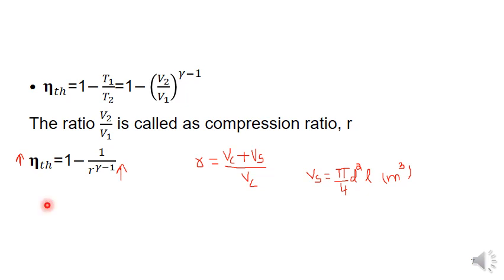So, for the Otto cycle with different values of the compression ratio at gamma 1.4, if you take R value as 3 and gamma as 1.4, then thermal efficiency becomes 36 percent. If you take R value 4 and gamma value 1.4, we will get 43. So this is saying that as we increase the compression ratio, the thermal efficiency of the Otto cycle is increasing.